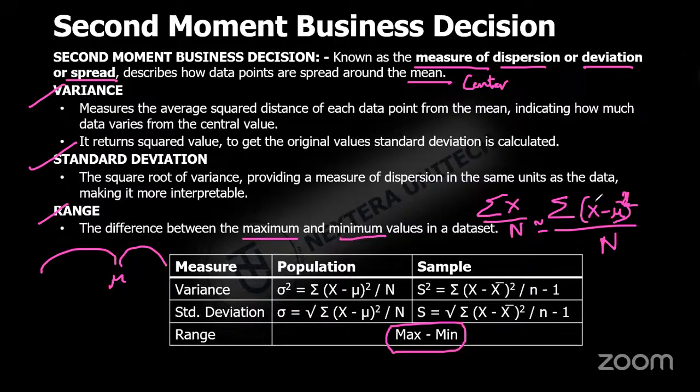Right? So in order to return only the positive values, we are going with square. The disadvantage with going with variance is it returns the squared value. In order to get the original units back, in order to get the original spread, we go with standard deviation. There is a measure called standard deviation, and we use it for calculating the actual spread.